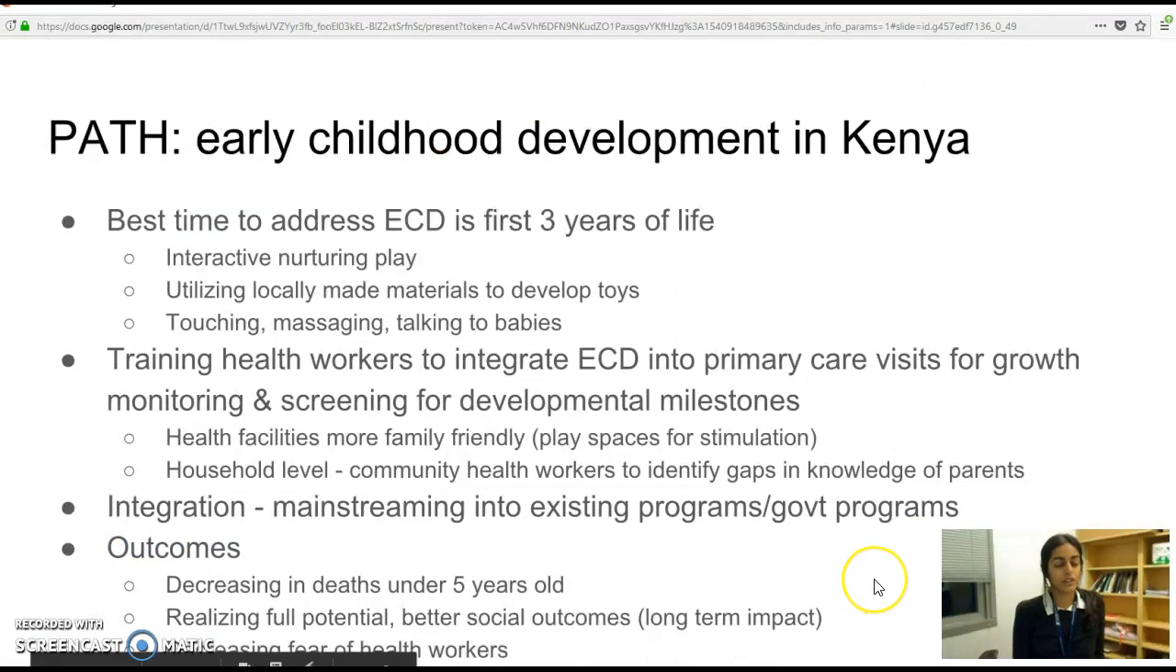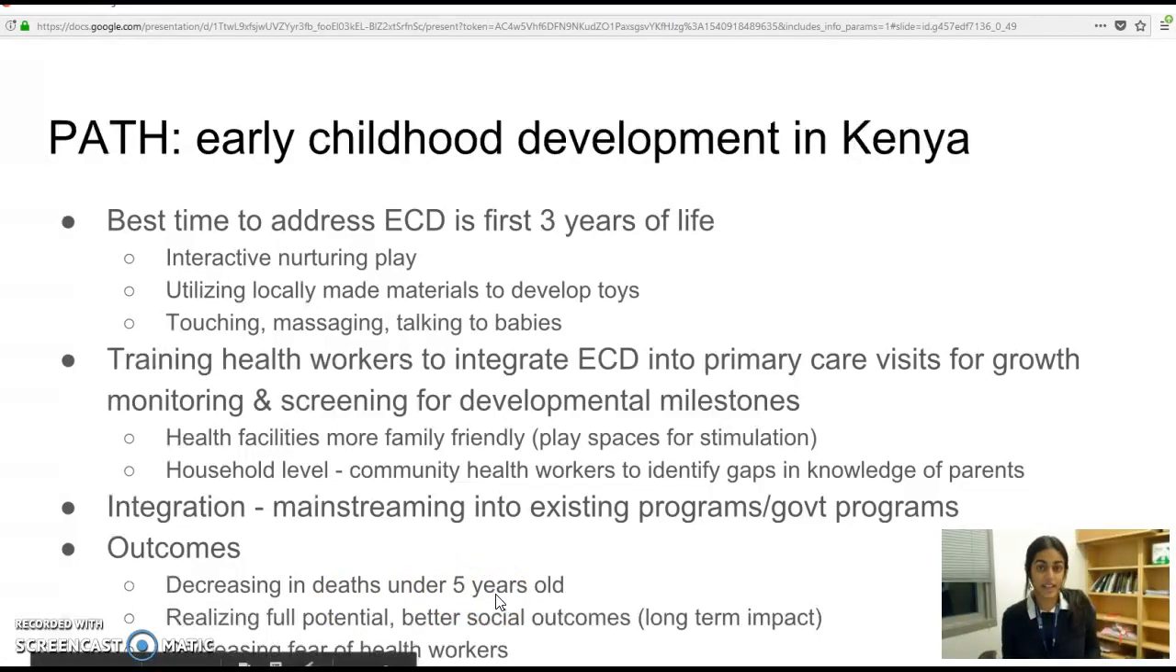So let's talk about first early childhood development in Kenya and how this is a beautiful example for how to integrate a preventive care program into an already existing infrastructure of primary care. So what they were doing was addressing early childhood development in the first 3 years of life. And so the outcomes that they were seeing that instigated this project was deaths of children under 5 years old,